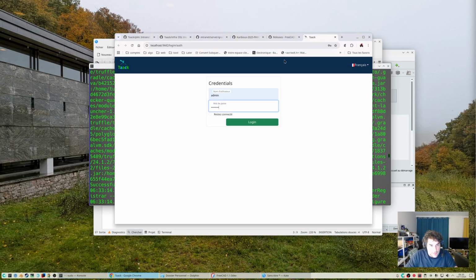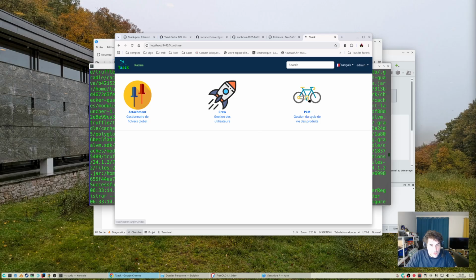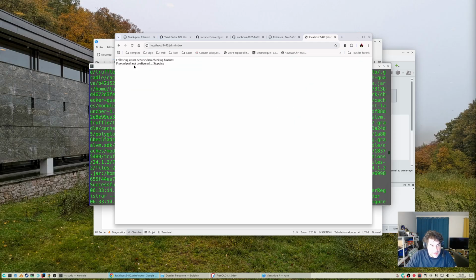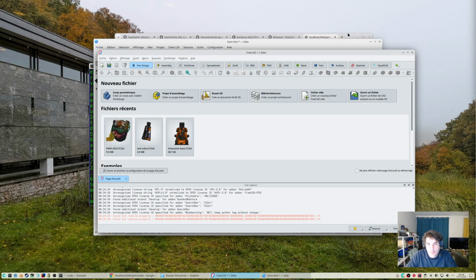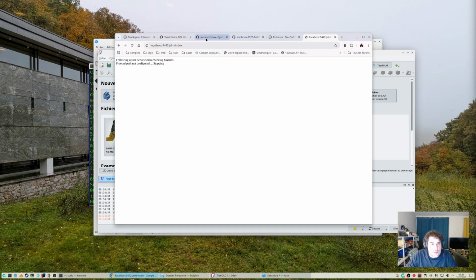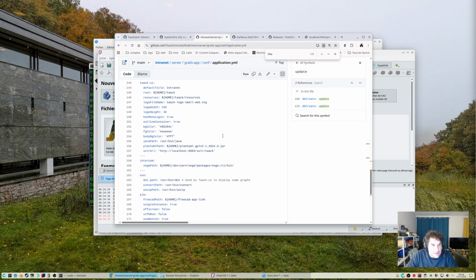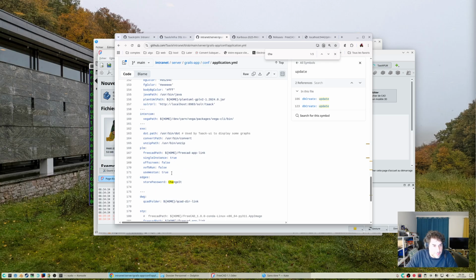So here I go back to the server. Okay, it looks correct. It is not configured yet because we need a FreeCAD path. In fact, when you look at the YAML file we just opened, there is a variable called FreeCAD path, which must be in your home directory and be called FreeCAD AppLink.